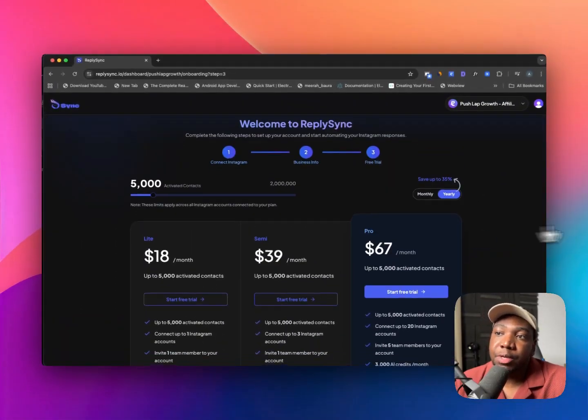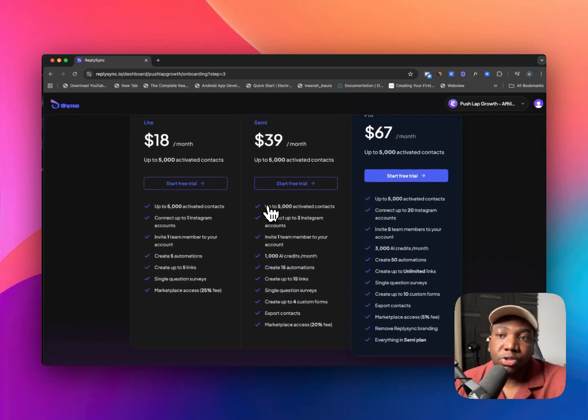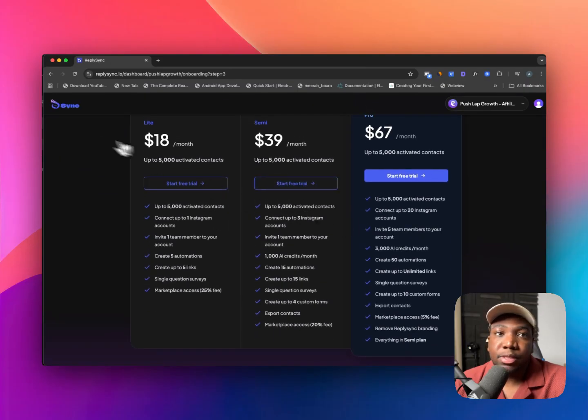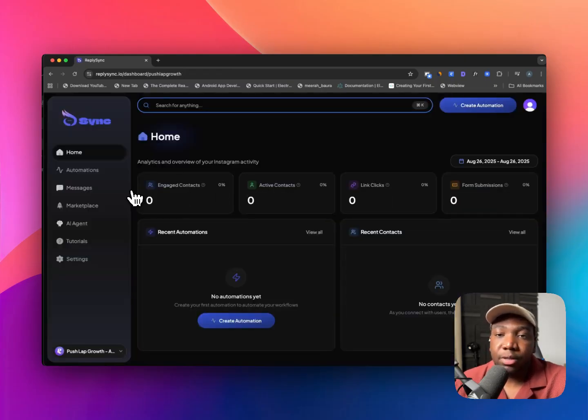And then you can come here and choose your plan. It'll allow you to choose a plan, and you can start a free trial. So we have a completely free 7-day trial to let you test out the tool, know how it works well for you. But in this case, I'll just go ahead and skip that. But after you start a free trial, it should take you over to your dashboard, where you will be able